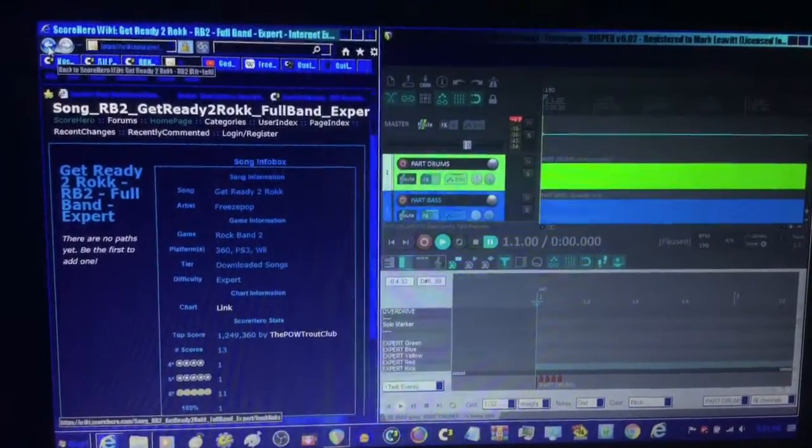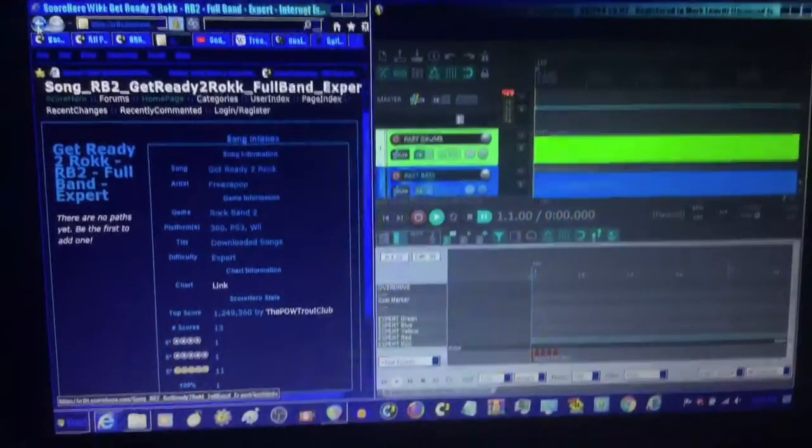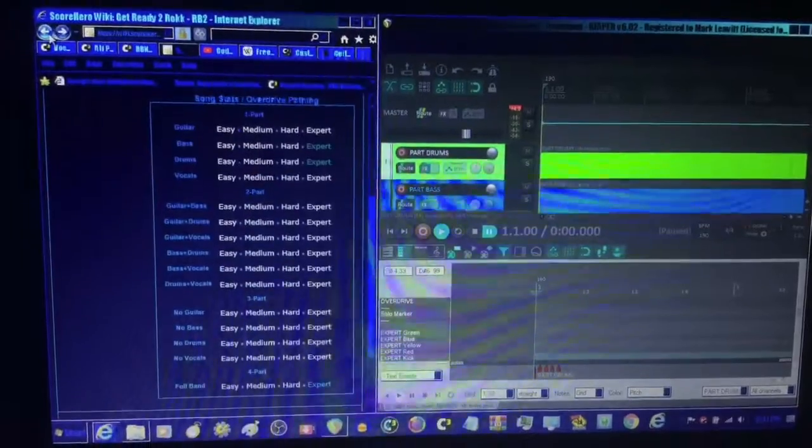So at least Rock Band 2 had an online mode though. So in case you are wanting to play customs online with other people around the world that know you kind of, or that have been Xbox friends with you, then yeah, Rock Band 2 is the way to go. But